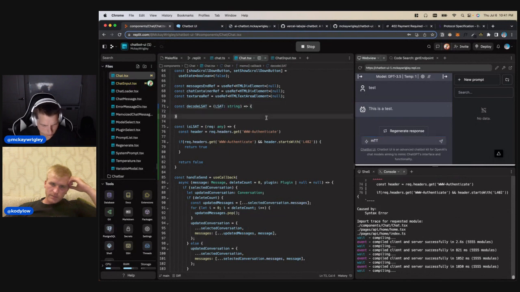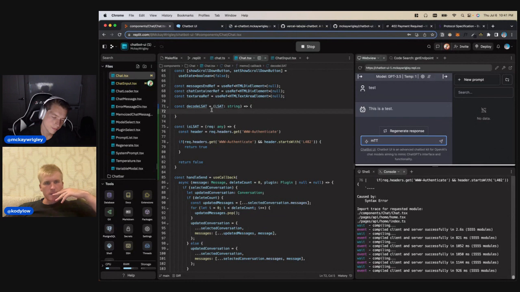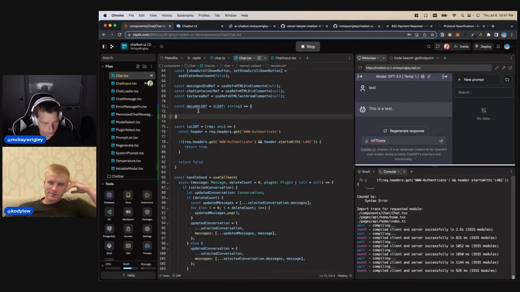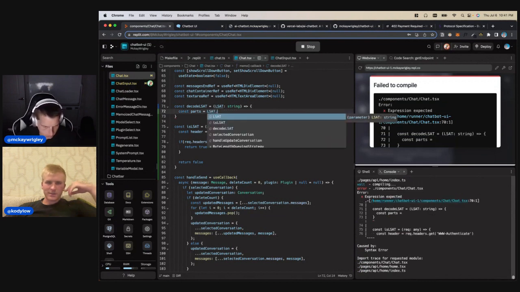And then we got to decode it, right? So we can do like parts or something. So const parts, and then lsat.split on